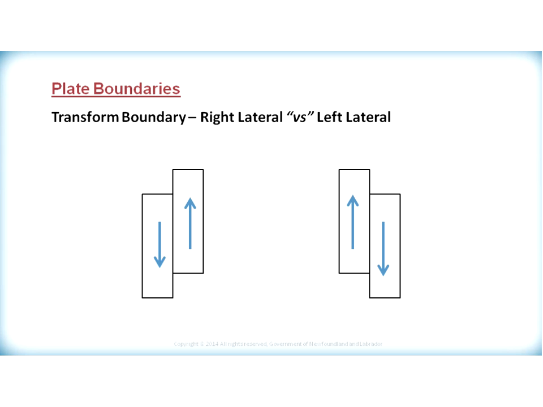When we look at transform fault boundaries, we can look at the diagrams below. There are two examples of transform fault boundaries. One is called a right lateral transform fault boundary, and the other is called a left lateral. To distinguish between them, we need to look along the fault line. So the fault line in this case would be the line that connects